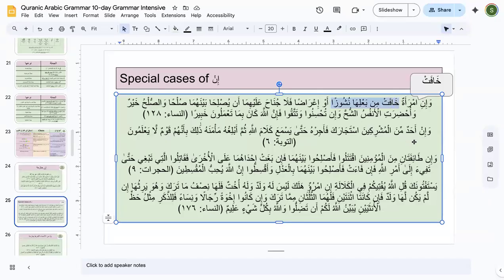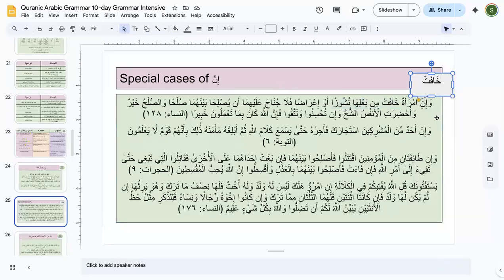Okay, again, another example: "in ahadun minal mushrikina istajaraka fa ajirhu". If anyone from the mushrikeen asks you for refuge, then give him refuge. In here, this is again jumla shartiya, and the take home point in this session is that "in" is also always going to be followed by a fi'l. If it is not there, you have to assume it to be there. Okay, you have to assume that the fi'l has been omitted. And in here, what will be the omitted fi'l? My students, please stop answering.